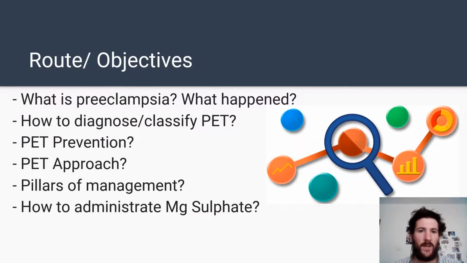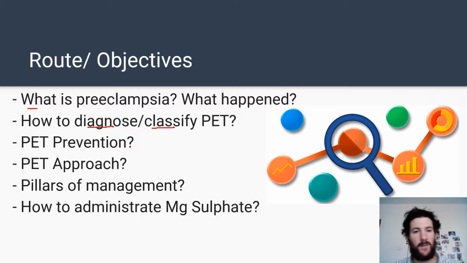So the objectives of this class, we will answer all of these questions. It's a lot, but I hope we can do it. First, we're going to talk about what preeclampsia is and what happens in preeclampsia, the physiology and pathophysiology, simplified. Then how to diagnose preeclampsia, because we need special points to diagnose it. And after diagnosing, we need to classify them, because that will be useful to categorize the severity of the preeclampsia